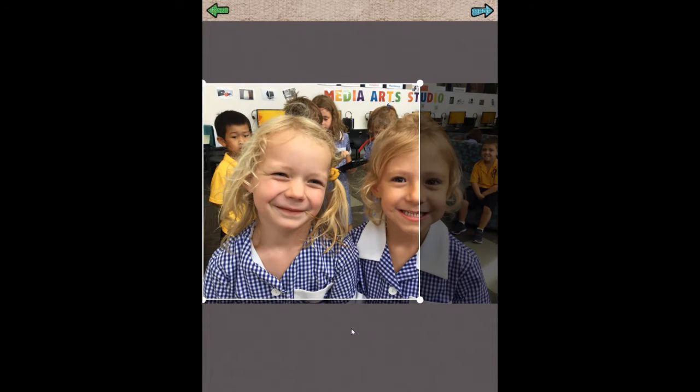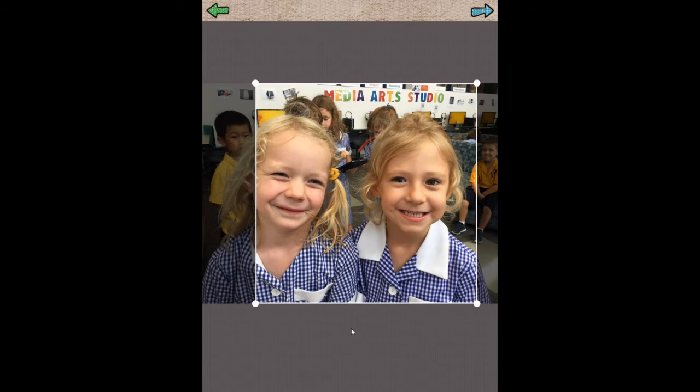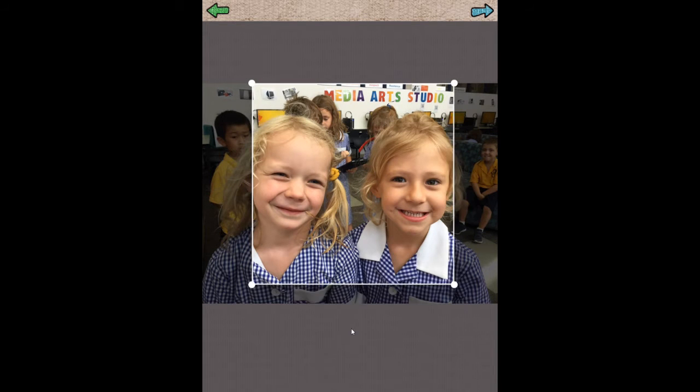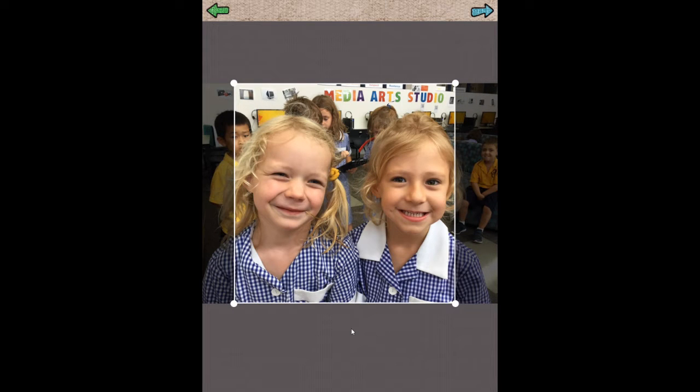There we go. And now the first step is to adjust your crop to how you want it to be. So I'm going to move this. Now it looks like this is really only contained as a square, which limits me a bit. It's one of the things I don't like about this. There seems to be no way to adjust the aspect ratio, because ideally what I'd like to do is chop off a little bit at the top where the kids are in the background, but let's just keep it there just for the demonstration purposes here, and I'll press the blue arrow to go to the next step,